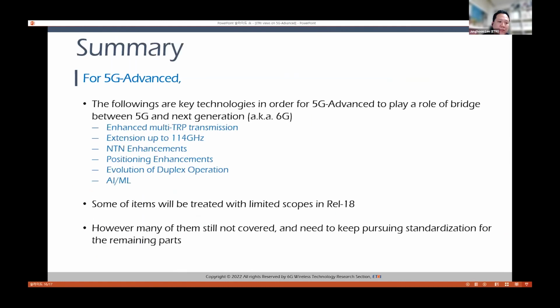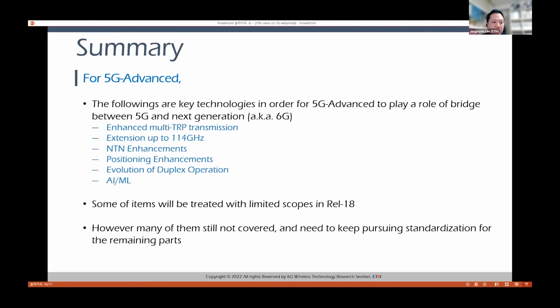Okay, here is the summary of today's presentation. For 5G Advanced, we propose to study several key technologies. In order for 5G Advanced to play the role of a stepping stone to the next generation, we think these items will be key technologies. Of course, other items are also very important, including continuous enhancement of the existing features.